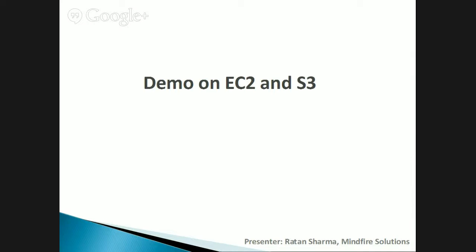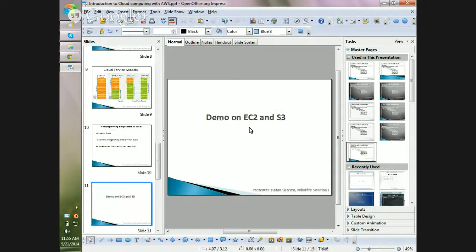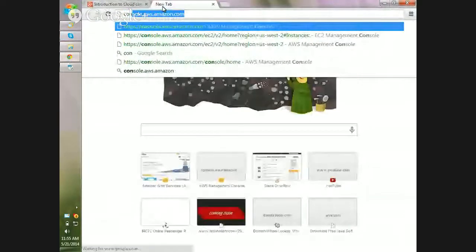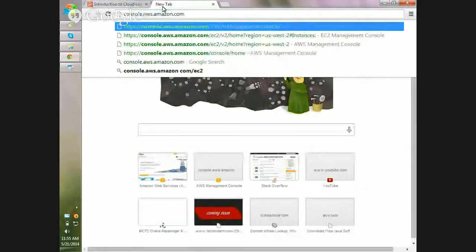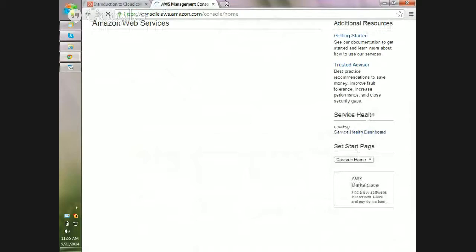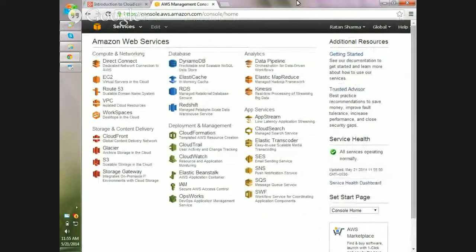Okay. So this was all about the theoretical aspect of it, and now we'll go to the practicals. This console.aws.amazon.com is the web service URL where you can see all the Amazon web services. These are all services related to compute and networking.